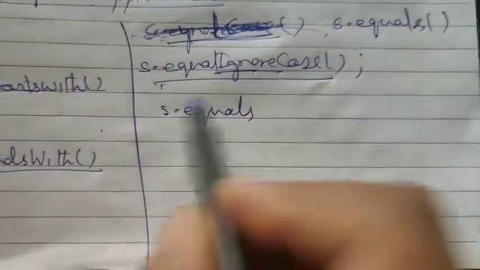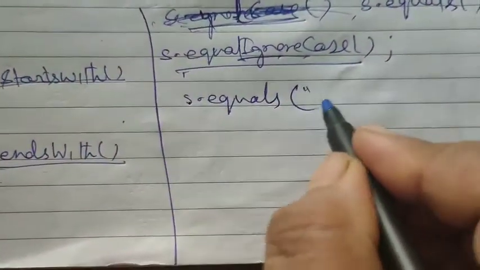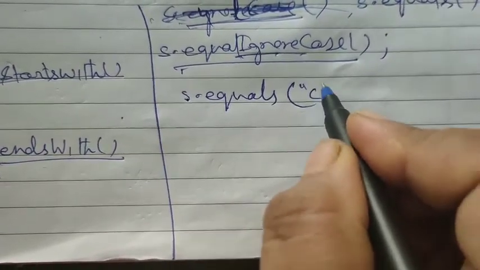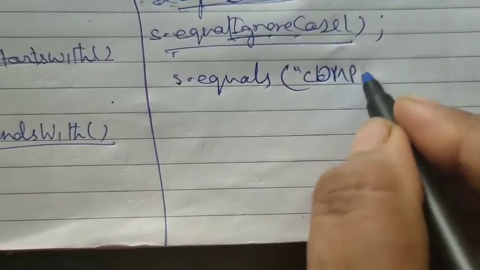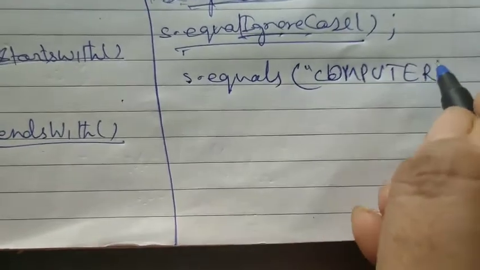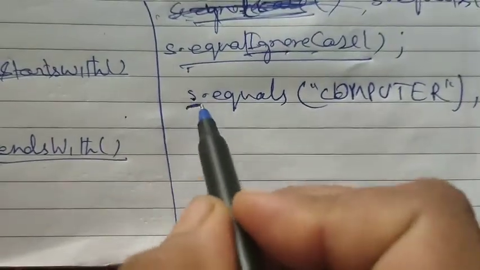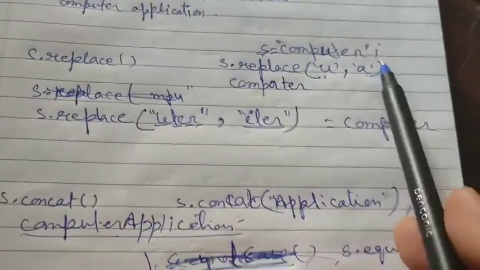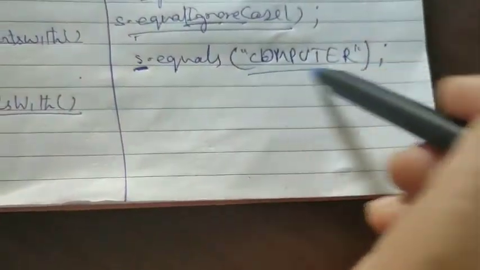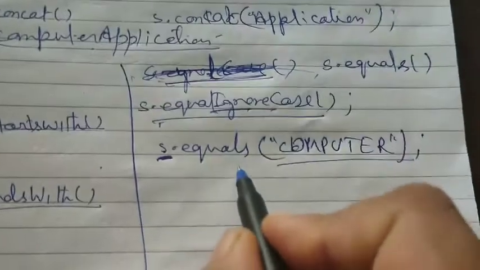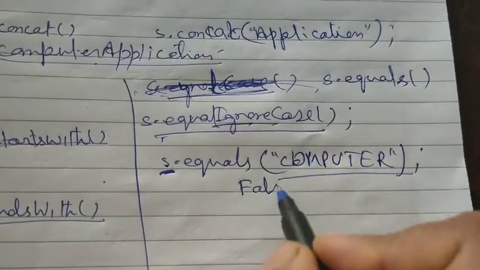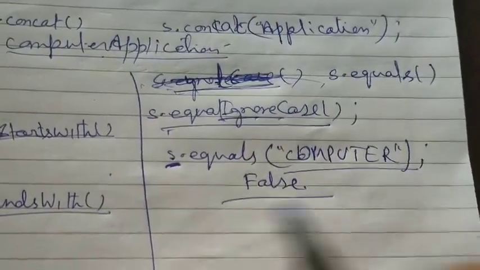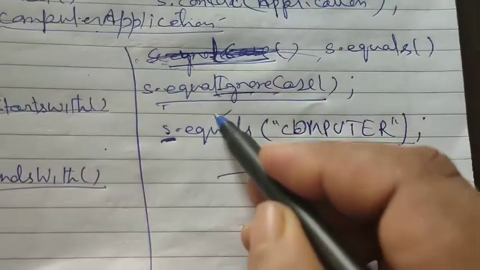If I write s dot equals, and in between I write everything in capital letters, COMPUTER, while I have stored this in s as computer in small letters and I am checking with capital letters, then obviously it will give me the value false, because both are not equal, because this function is